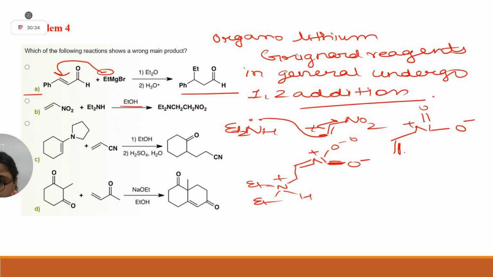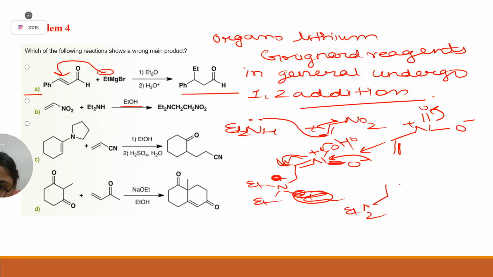After it attacks here, a negative charge will come. That negative will form that double bond with N and it will move here. I hope this is clear from this to this. Clear, students? Good. Now this oxygen lone pair will come back, and first it will do intramolecular proton transfer. The positive charge will go and it will become OH. Then the O negative lone pair will come back and will form